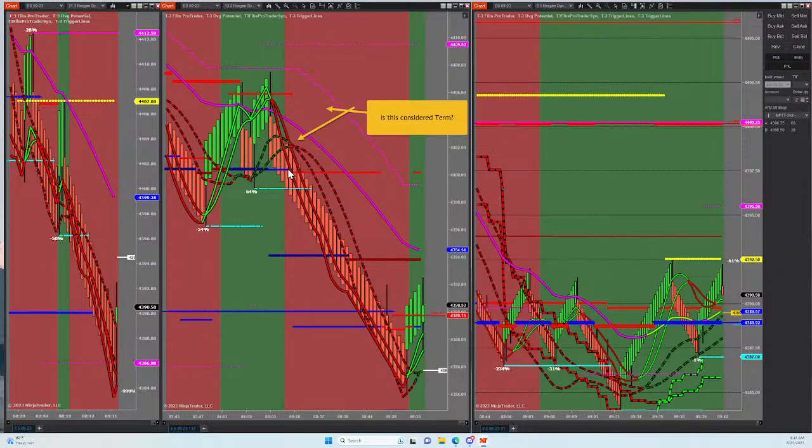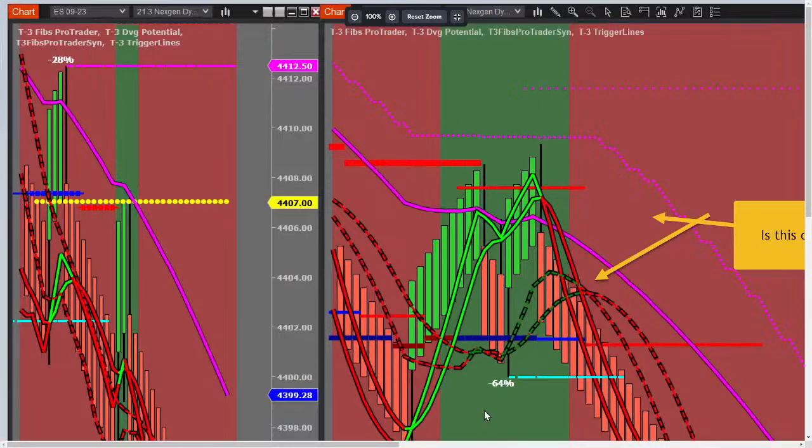Is it a termination condition when price reaches an area and no trigger lines break through? Absolutely it is. Which one are we talking about, Sophie? Are we talking about the high, or this fib, or both? At the midband? Right here, absolutely, because look how far away the large triggers are. Does that make sense?